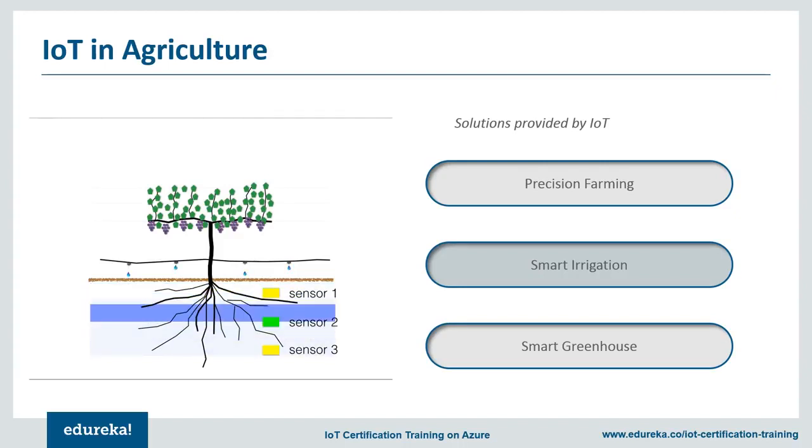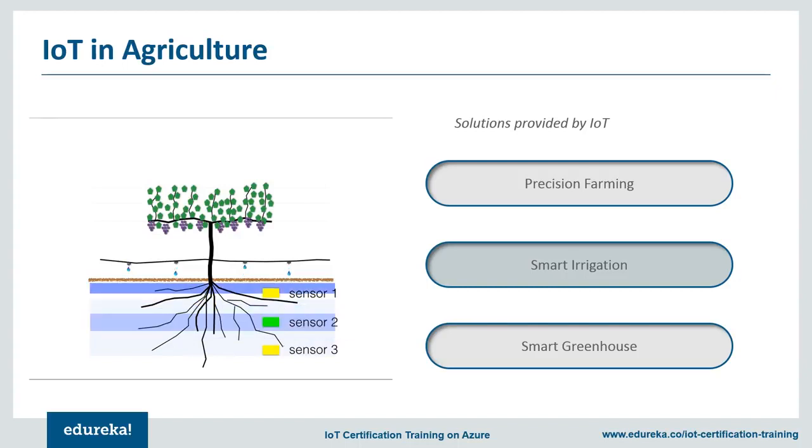The first two cases are pretty similar, as in both cases there are sensors detecting various parameters at each level of the soil. We have moisture content, temperature, and weather conditions. One can tell the correct depth to sow the crops or the right time to water them.